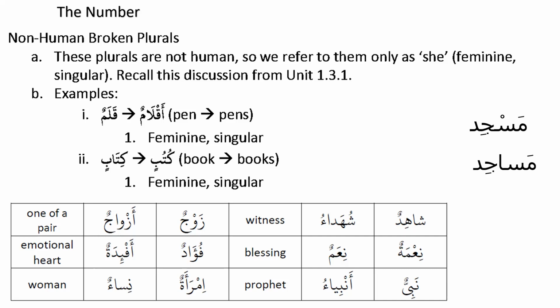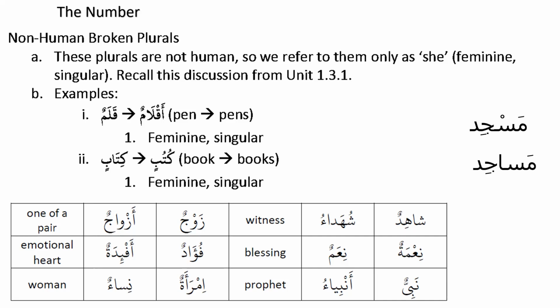Imra'atun. Again, like ni'matun, this is a feminine word. Imra'atun means lady, basically one lady, one woman. But when I say women, okay, it is nisa'un. A completely different word. Look at this, how broken plural works. That's why I put this on. The broken plural can have anything. There's no rule for that. Where it is imra'atun, the meem is gone, the ra is gone, the alif is gone. It's a different word altogether, nisa'un.